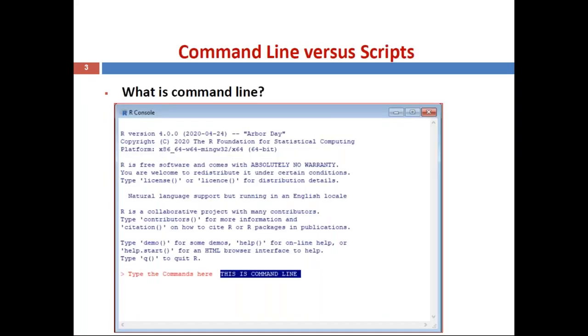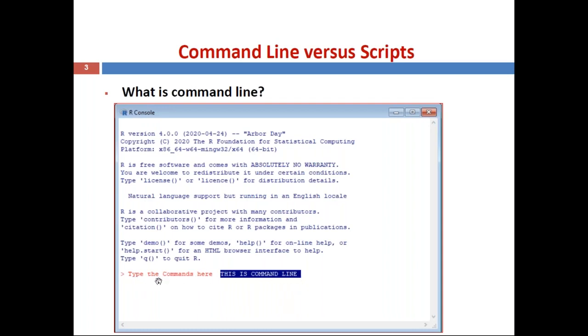First of all, what is command line? We are already aware, from the last two lectures, of the R GUI window. In the following screen you can observe the R GUI window, which we will call the R console window. So this console window is nothing but the command line.